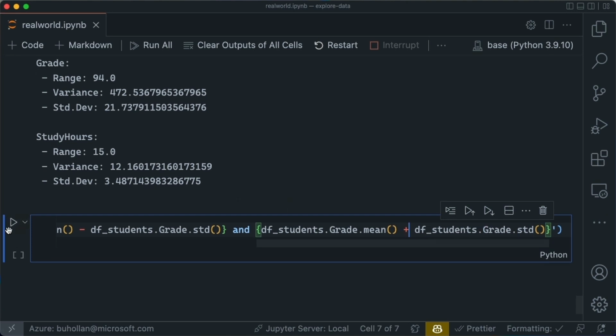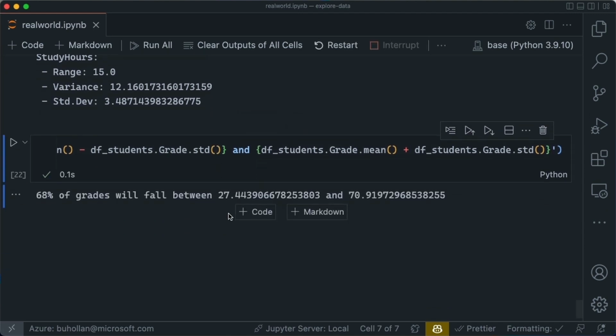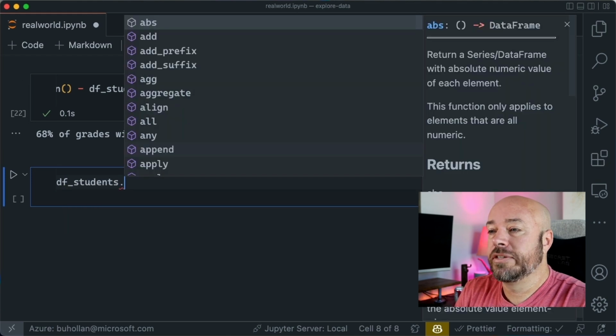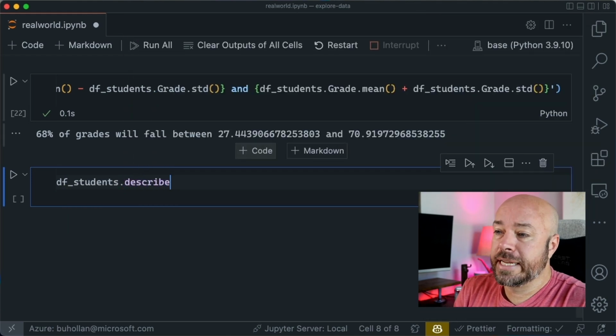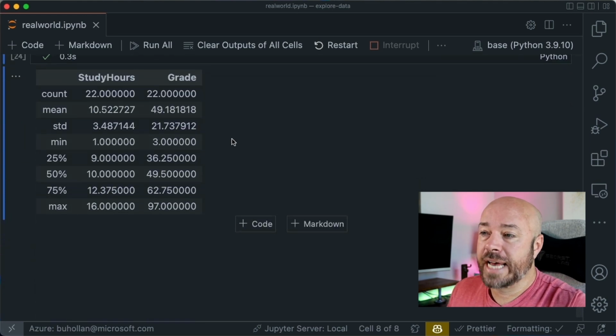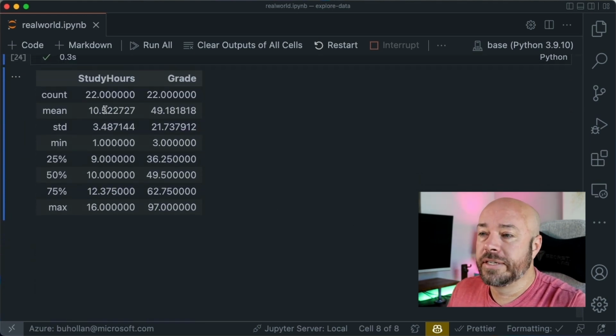And then we can actually look at this and it should make more sense. So 68% of all grades will fall between 27 and 70, okay? And that's one standard deviation. And these calculations are actually all built into the data frame. So we can just describe the data frame here like this as a method. And that will tell us for each of these columns what the mean is, what the standard deviation is, what the quartiles are, the